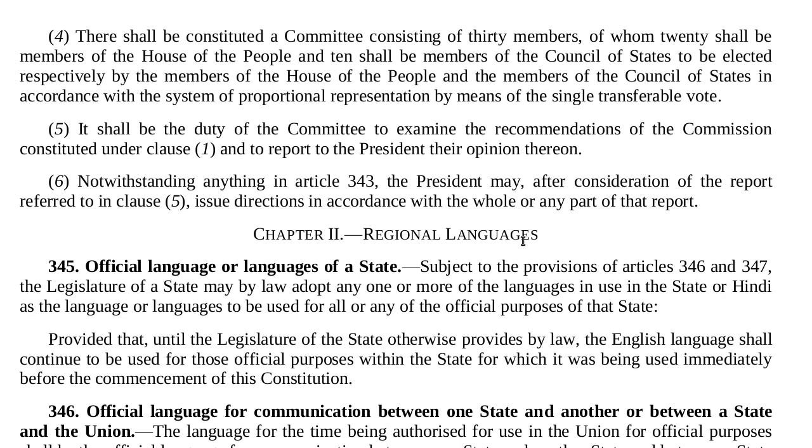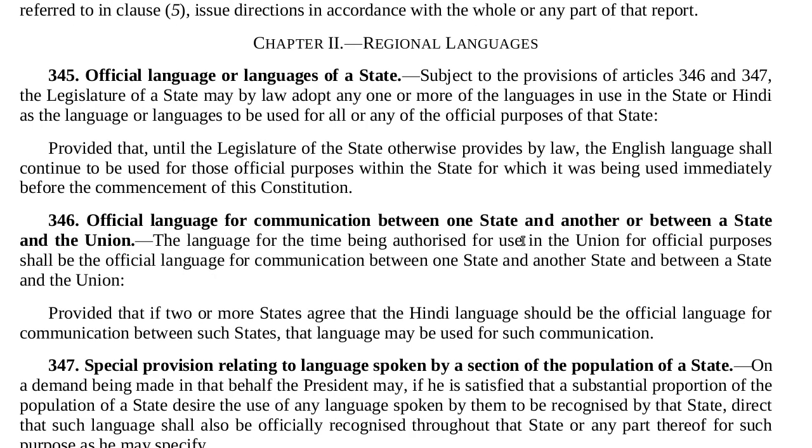Chapter 2, Regional Languages. Article 345, Official Language or Languages of a State. Subject to the provisions of Articles 346 and 347, the Legislature of a State may by law adopt any one or more of the languages in use in the State, or Hindi, as the language or languages to be used for all or any of the official purposes of the State, provided that until the Legislature of the State